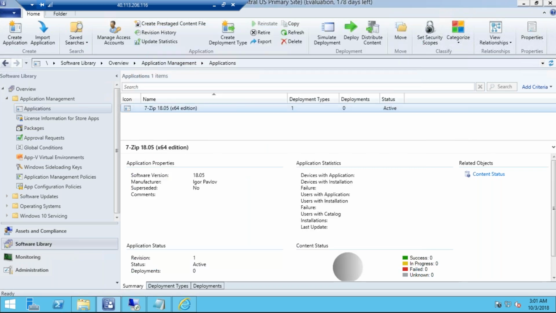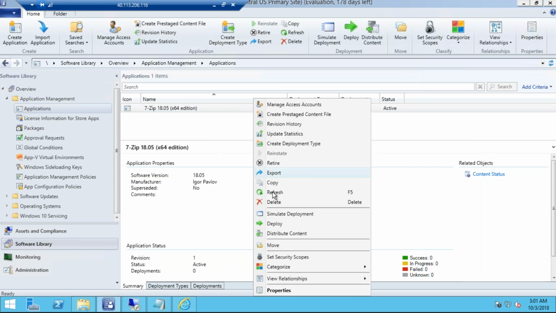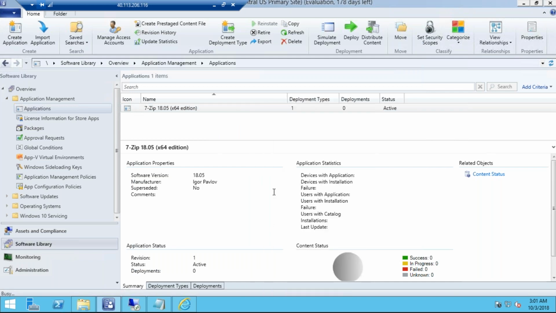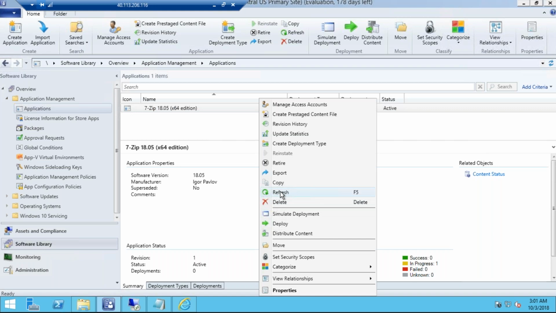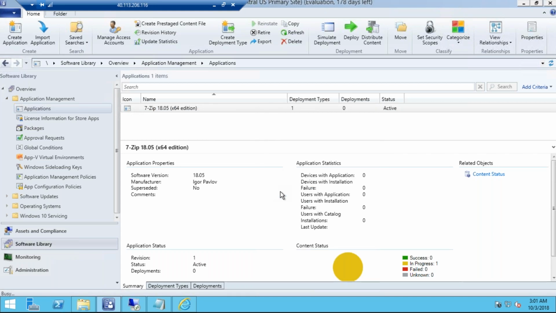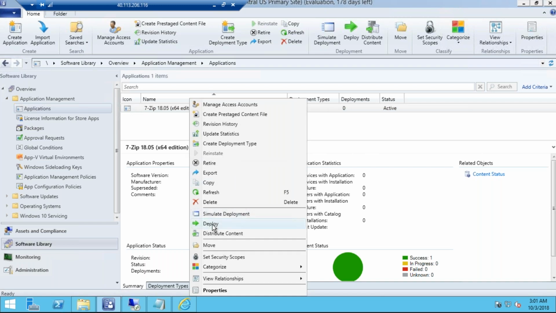Now this application is going to be distributed to the distribution point. So I just refresh it, and this is in progress now. That's the reason it is in yellow, and later on it will become green once the distribution is completed. It's green now, that means it is distributed. Now it's time to deploy this to all Mumbai computers. So deploy,